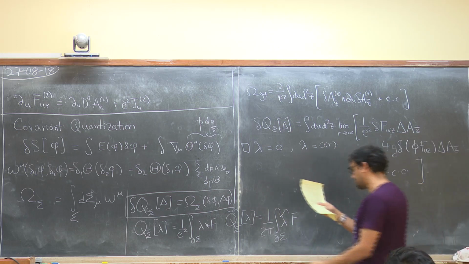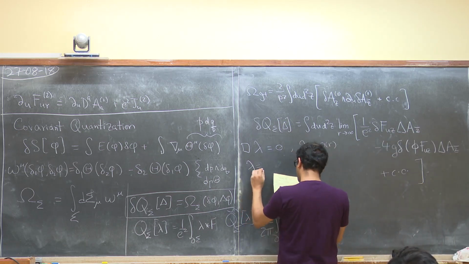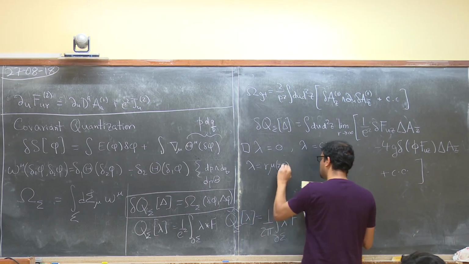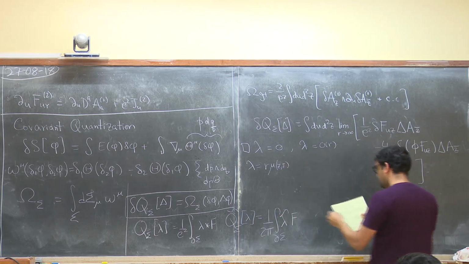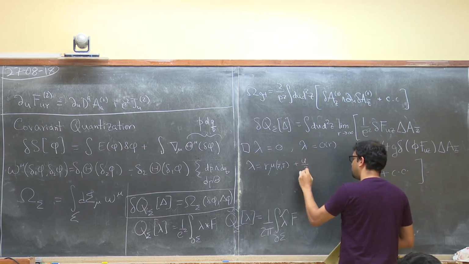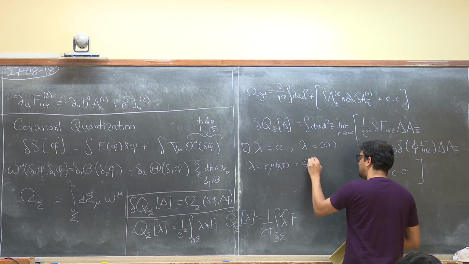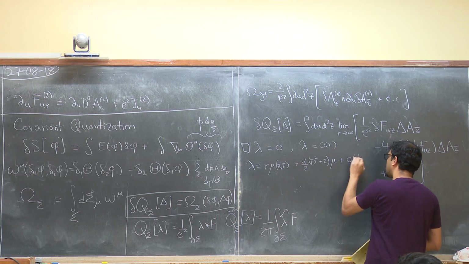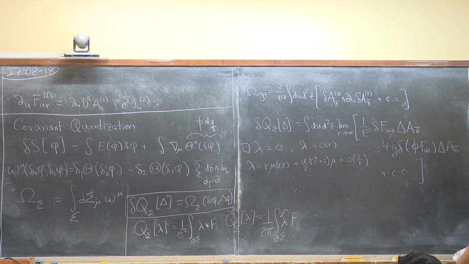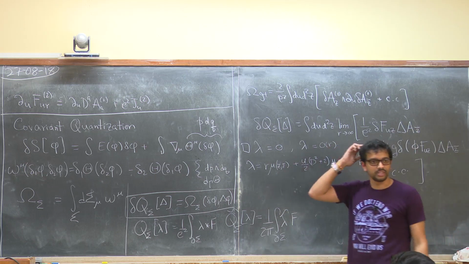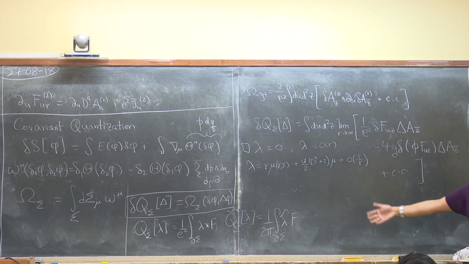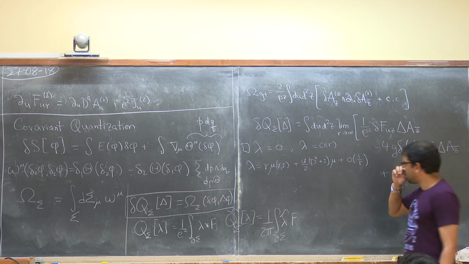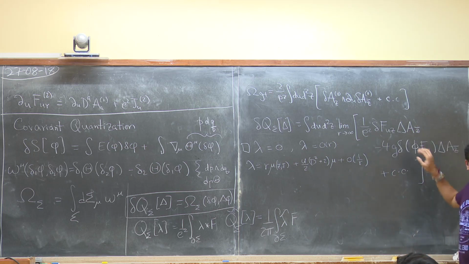So you can then solve this equation, and you will find that lambda has to be of the form r times mu, where this mu is a function only of z and z bar, has no u dependence, plus u over 2 D square plus 2 mu, plus order 1 over r. So clearly, these are the sort of gauge transformations I now need to consider, and construct the charges for these, so that this term can potentially contribute.